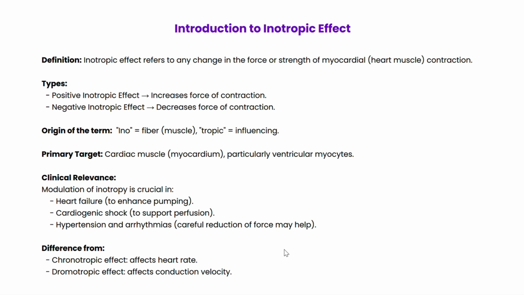Understanding inotropy is critical in many clinical conditions. For instance, in heart failure, positive inotropic agents can improve cardiac output. In cardiogenic shock, they help maintain tissue perfusion. And in cases of hypertension or certain arrhythmias, drugs with negative inotropic effects may be helpful to reduce the cardiac